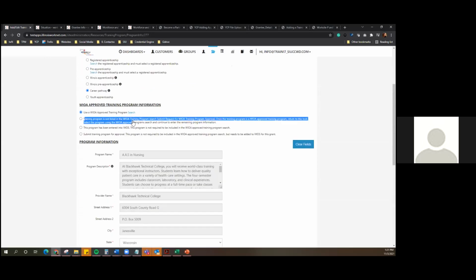We are going to be removing these two options as we are not going to be using IWDS for this program. And then we're going to be updating this last one. So it will only say submit training program for approval. This program does not need to be included in the WIOA program search. We're going to remove this last statement about what needs to be added into IWDS because, as I just said, we're not doing IWDS. So pretty much there's two options. You're selecting a WIOA approved training program or you're submitting a training program that is not WIOA approved for approval